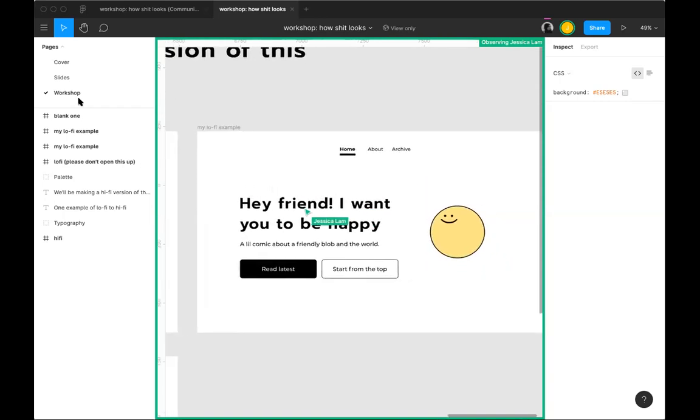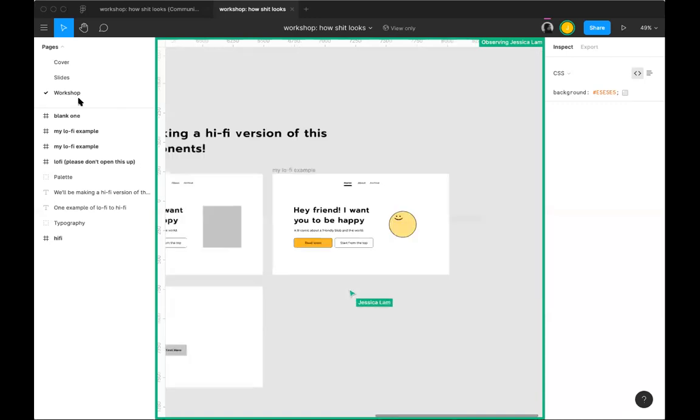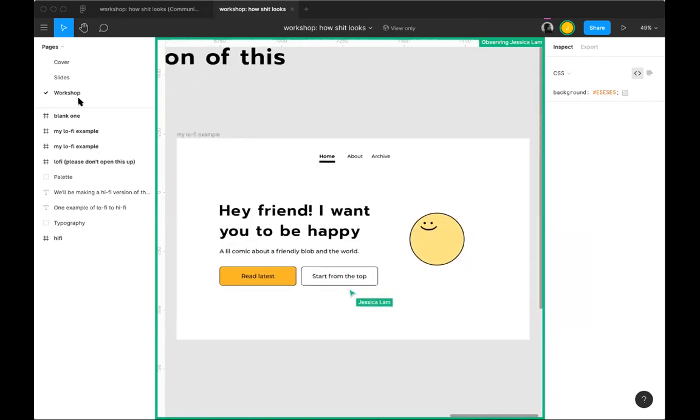And we're gonna keep it super simple for hi-fi because we're running lower on time. So all I'm gonna do is change up the color of this background, and it can be anything that you want, of the background of the button. I'm just gonna change it to yellow, keeping in with the whole yellow theme, and then change this to black. And I kept this one pretty short and simple to just like, oh,